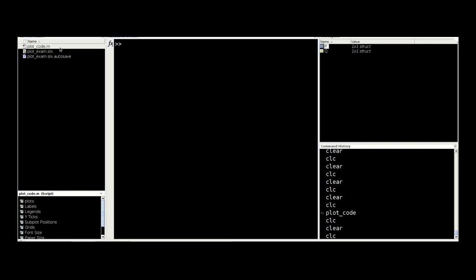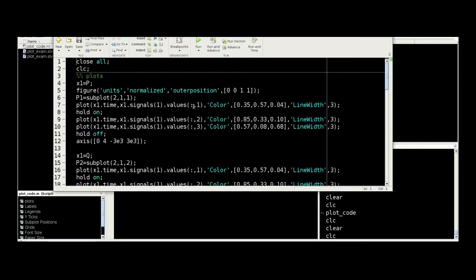I have already written the code over here. Let me go through it. You can anytime pause the video and see what I have done. First of all, I have imported the P available in the workspace to a variable x1, and then I have created a figure with the outer position for full figure, and then created two subplots in that plot.